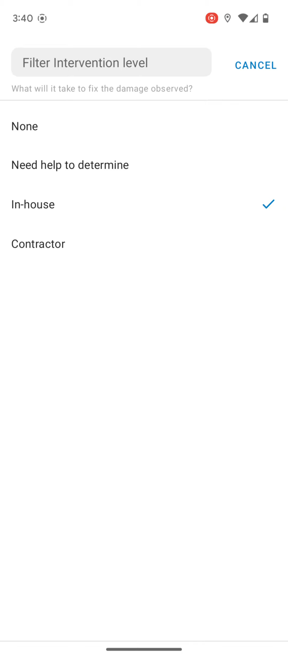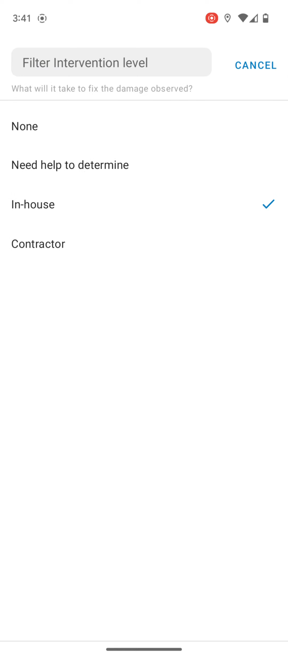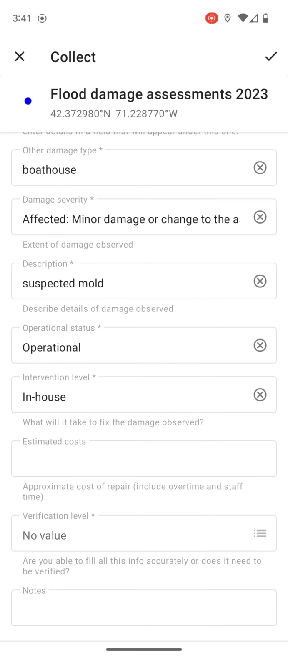Your options are none. I'm noting that there's damage, but we don't really need to fix it. It's very minor. Or I'm not really qualified to determine what kind of intervention level is needed, so I need help to determine. That's when I would select the second one. In-house means that we can take care of this in-house. Contractor means this is beyond us. We need expert help. So if you're not sure what intervention level is required, you're always free to select that second value. Estimated costs,